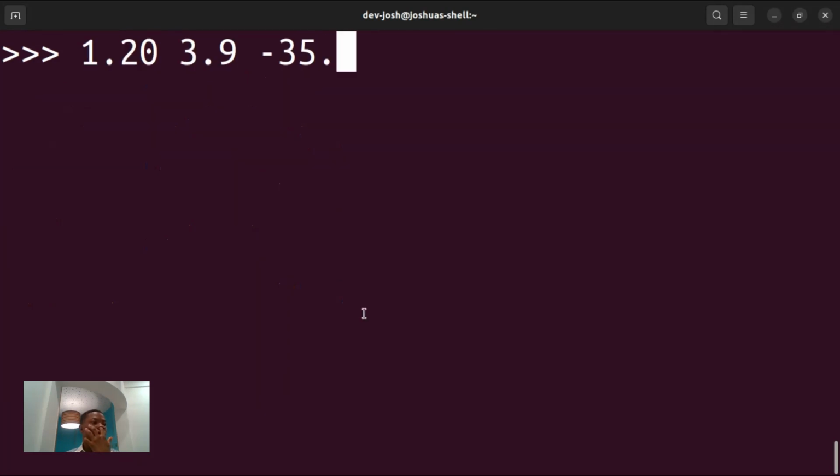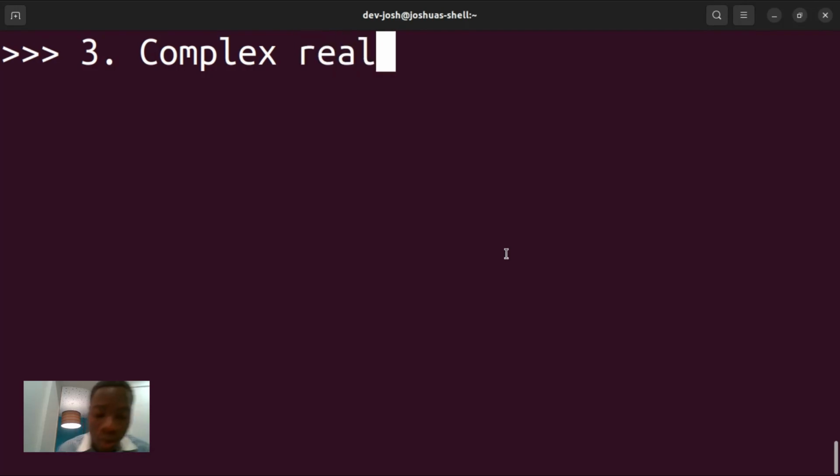So let's look at the third one. The third one is complex. So in mathematics, I don't want to talk mathematics here, we have imaginary numbers and real numbers. Okay, let's just move. So in complex numbers,